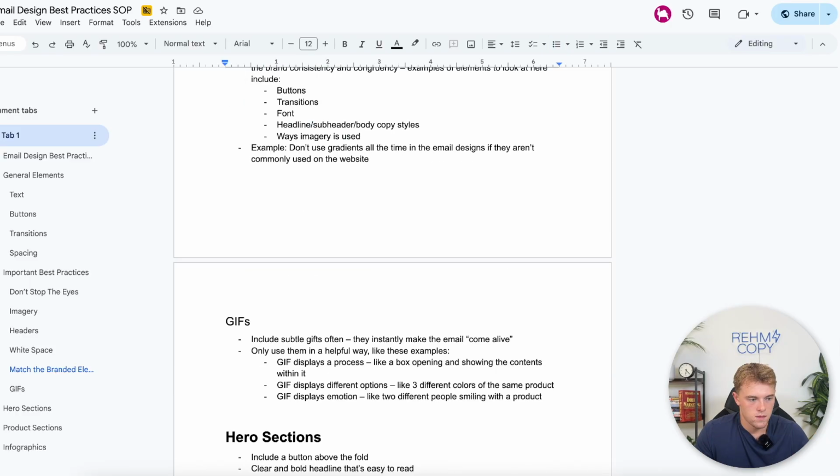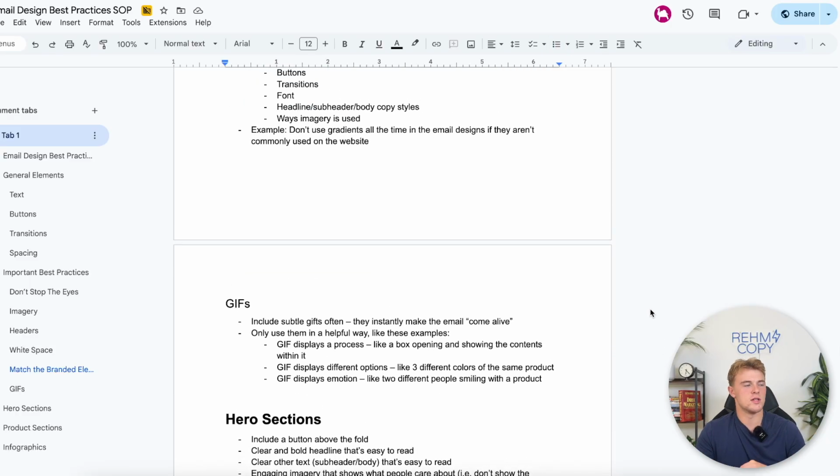All right, so next up with GIFs. It's really good to include little subtle GIFs all the time because they instantly make the email come alive. But you only want to use them in a helpful way. You don't want to waste them and just put them there, because they do take up more weight than an image, and so they don't look as good to spam filters,